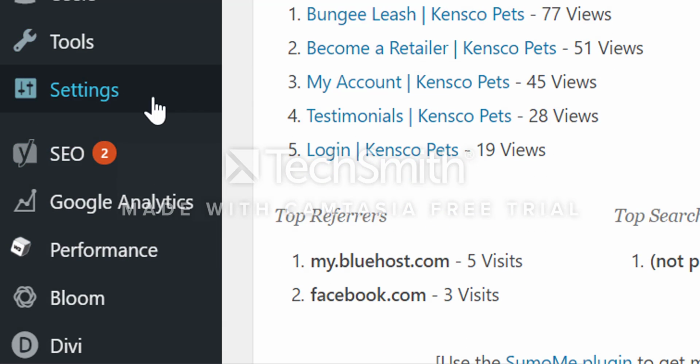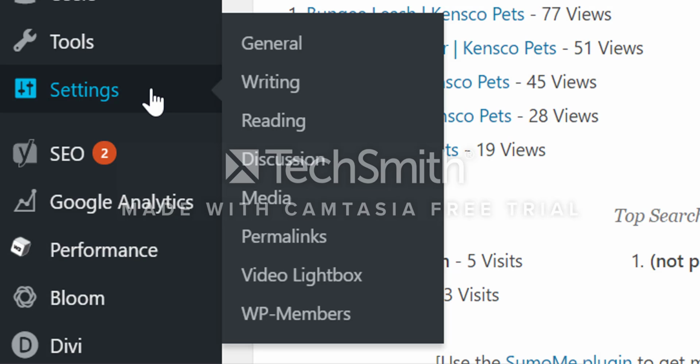Then below that, we have settings. So the things that are important in here are your video lightbox, which controls the lightbox that pops up your promotional video on your homepage, and then your WP members plugin, which protects the content for the retail portal and requires that somebody be logged in as a retailer to be able to access that particular page on the site. So that's where that's going to come in handy. But again, that would be something I would really leave to your developer